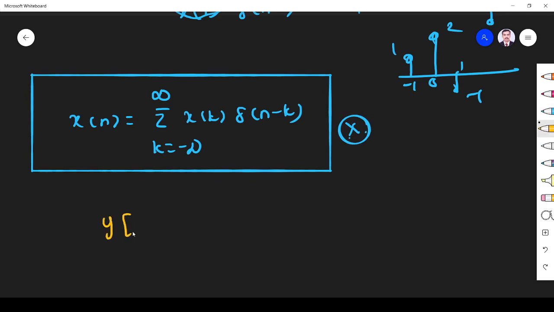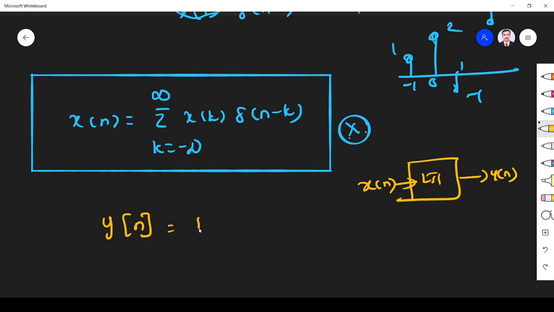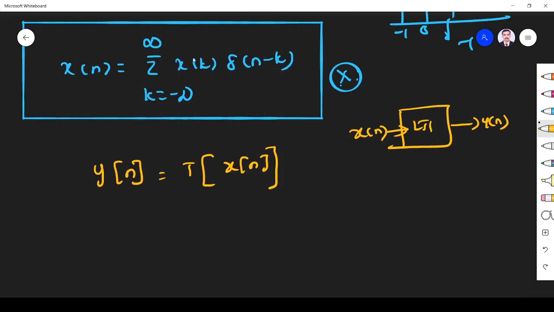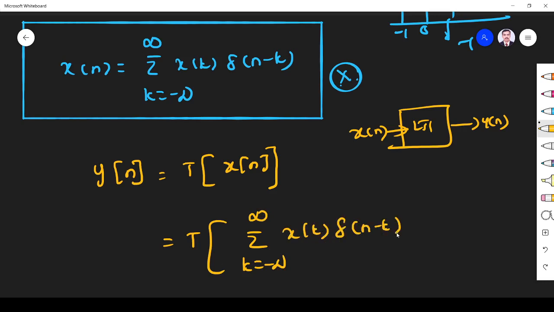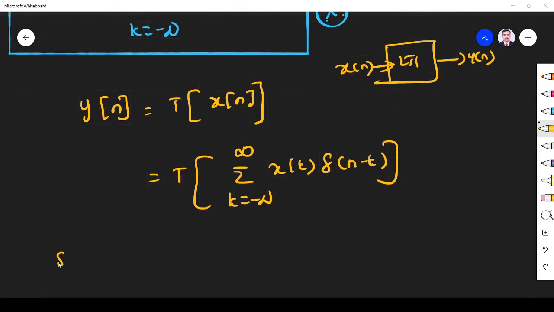Y of n, output of any system. Let us take an LTI system. X of n is input, y of n is output. This is LTI. So y of n is, the input is transformed into output, so T of x of n. Any signal x of n can be written in terms of impulse. So T of summation k goes to minus infinity to plus infinity, x of k del of n minus k. Right? My system is linear. Yes or no? Since the system is linear,